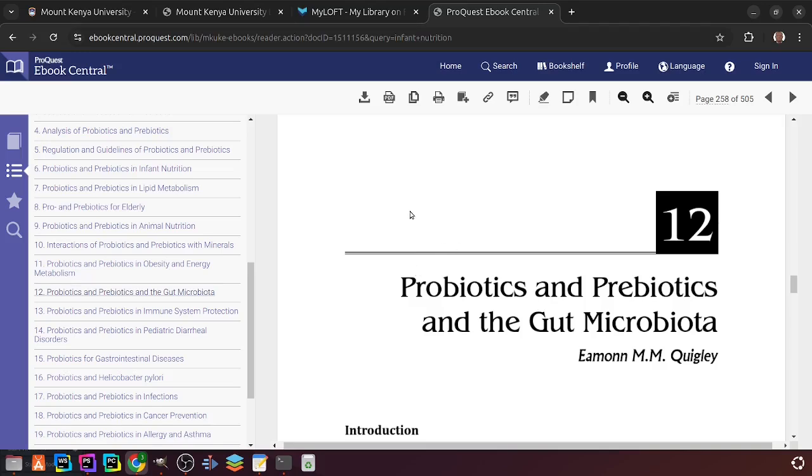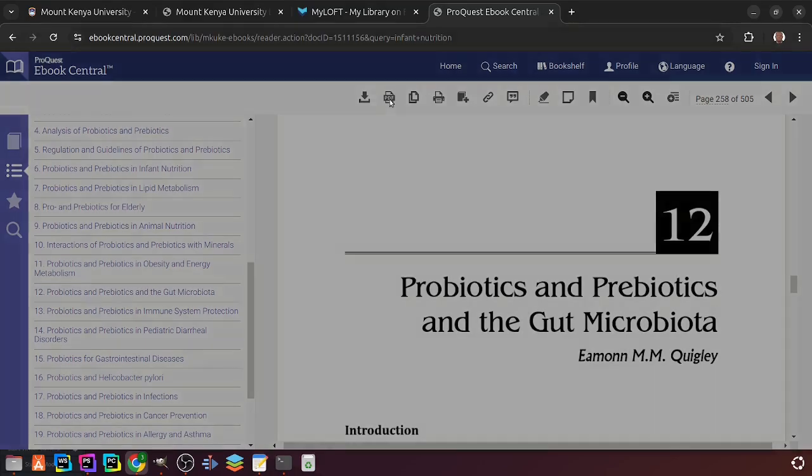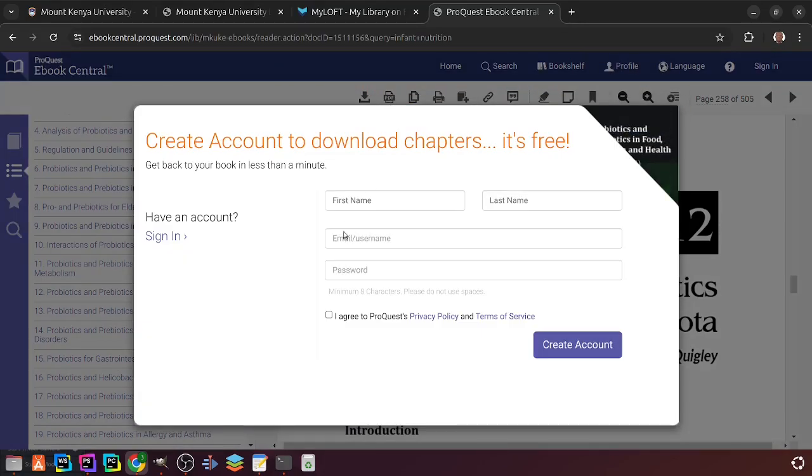Now, to download a chapter, you can see there is a list of icons up here. So to download a chapter, you need to click on this button here that says chapter download. Now, if you click on it, it is going to ask you to create an account on the platform. Now, what you need to do if this is the first time you're doing it, simply fill in this form,